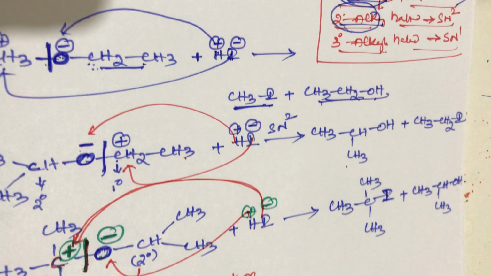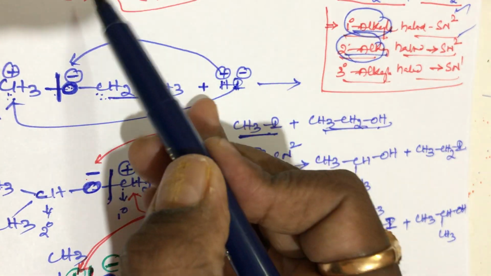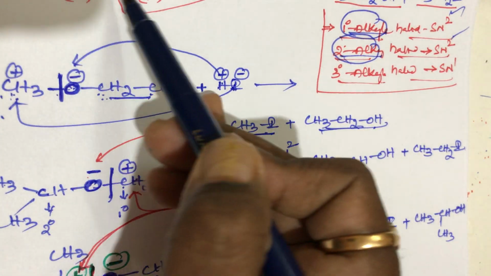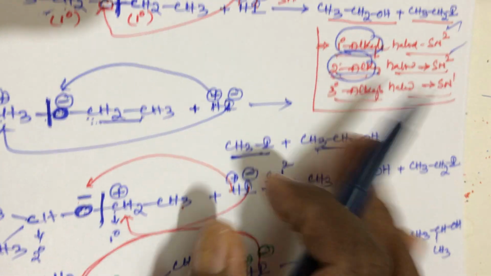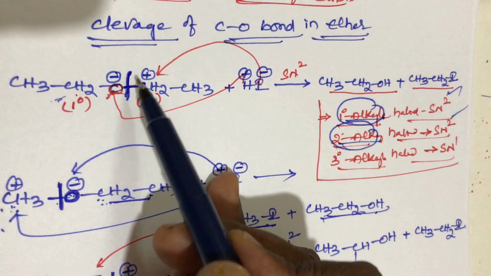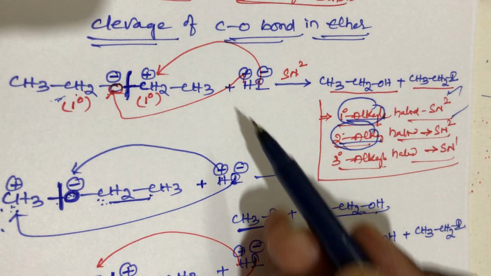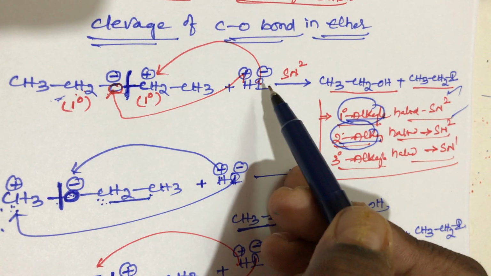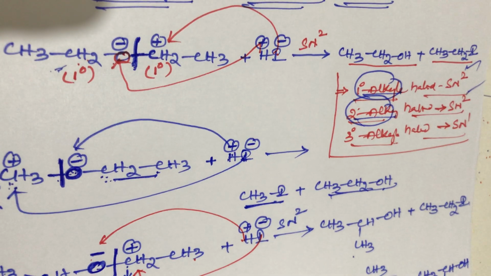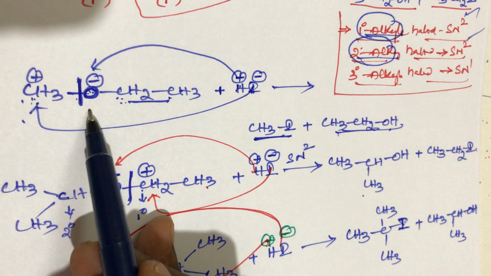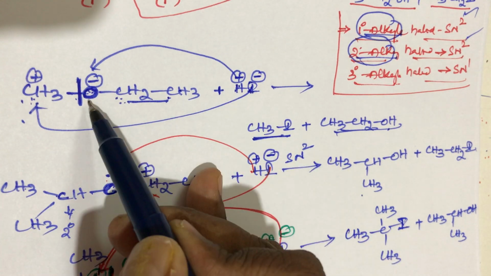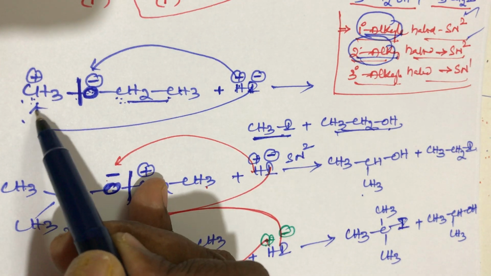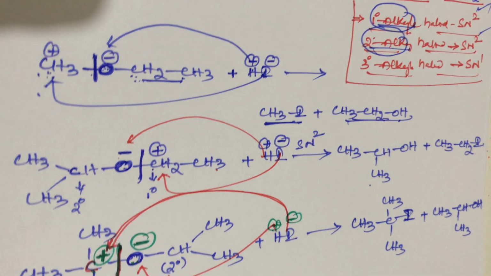So, as I said, student, for primary alkyl halides and symmetrical ethers, a symmetrical ether has the same type of groups on both sides. A symmetrical ether is no problem, student, as bond cleavage can occur on either side. H plus will attack one side and I minus will attack the other side. But in unsymmetrical ethers, H plus will always attack the bulky group side, that is the OH goes to the bulky group side, and I minus will always attack the less hindered, less crowded side. This is a simple trick, student.